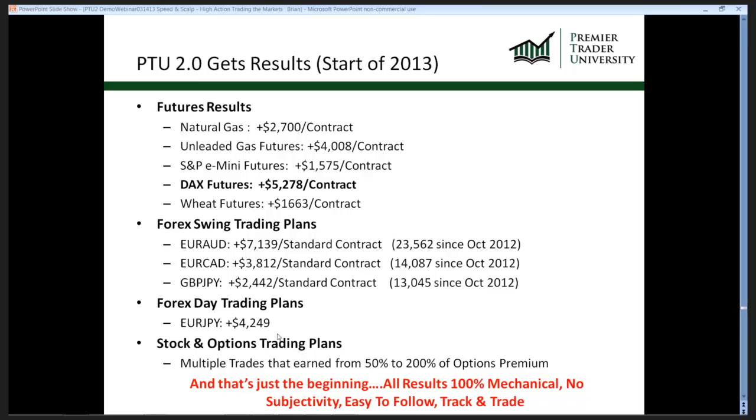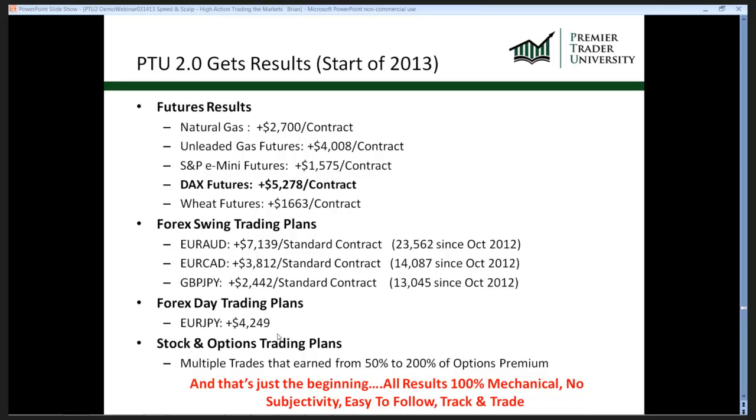I think wheat futures is a great market for brand new traders, with those traders that are a little challenged on the initial capital side of it, and by challenged I mean you've got a minimal amount of starting capital. A great market for that. When it comes to swing trading, these results, like Troy talked about, the amount of time you have to spend on these trades is minimal, and look at the kind of value you get out of that.